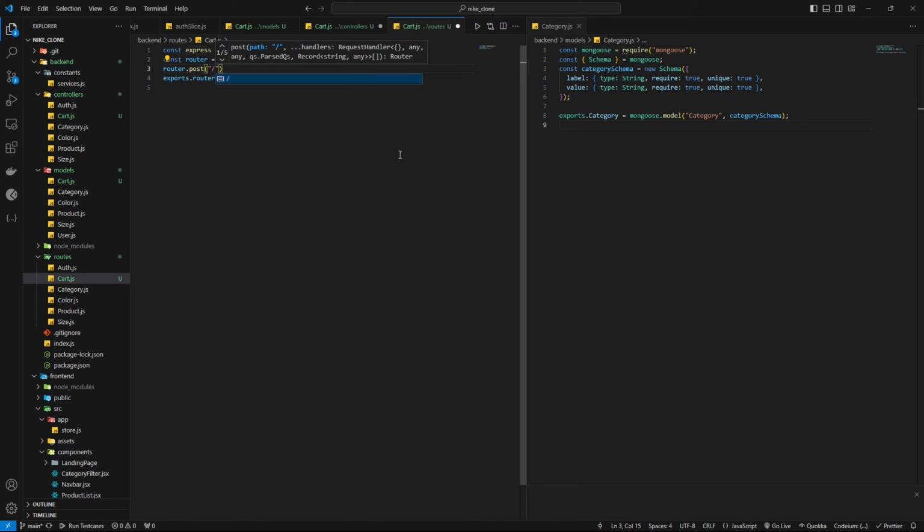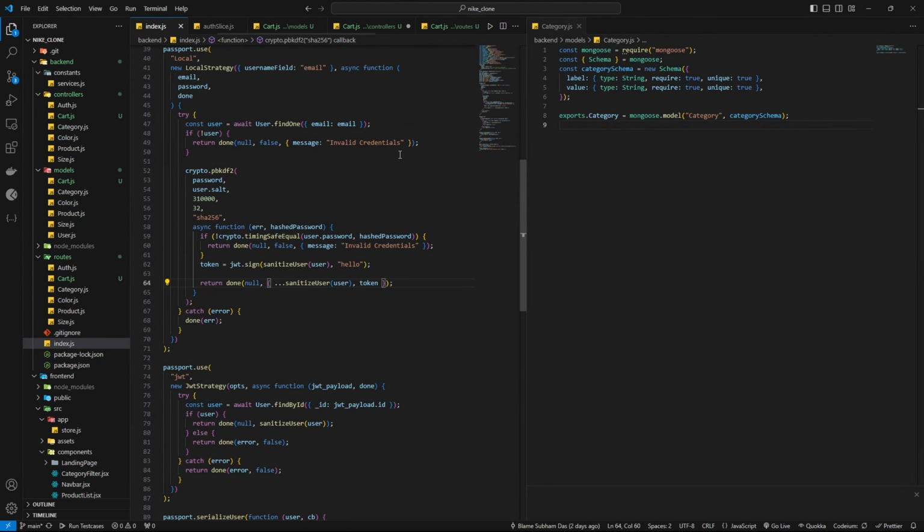So as you know, adding to the cart is a post request where we will be posting the data about the cart object in our body. Actually, not in our body, in the request body. Okay, so addToCart, and here let's import the addToCart. Okay, done. And in the index.js also we need to add